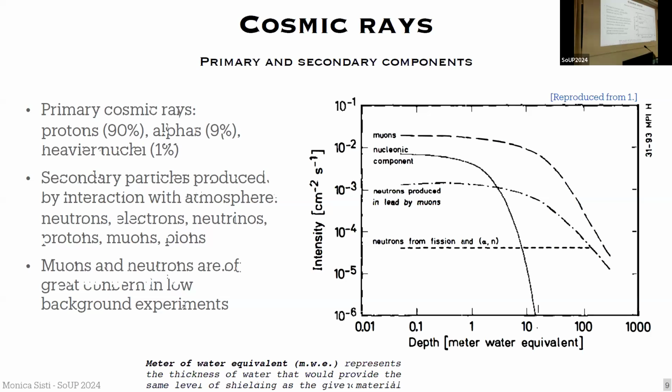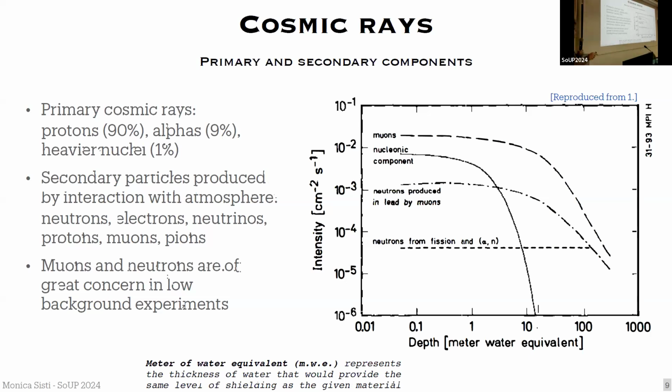So it's the thickness of water that would give you the same shielding from cosmic rays. So you see that muons decrease quite rapidly, and especially neutrons. The nucleonic component is made basically of neutrons, 95% of it, and you see that after about 10 meters of water equivalent,